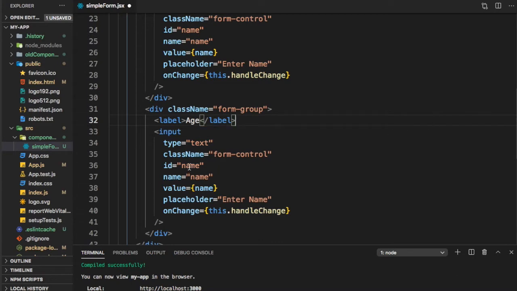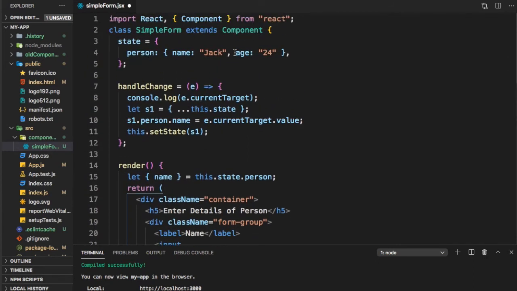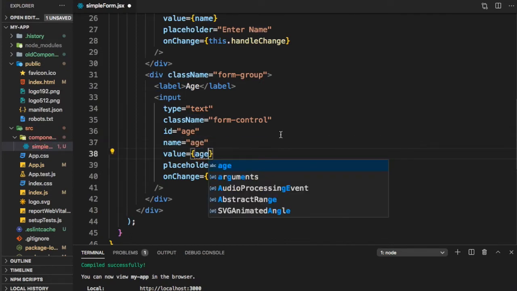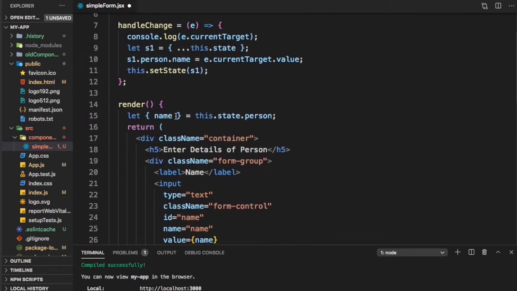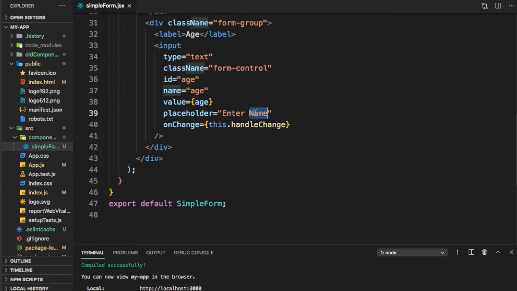Now the ID and name we should give are the same as the field we have given in the JSON here. So let's make it age. Now value will again be age, so in our destructuring, let's say name, age. Placeholder is enter age, and onChange is this.handleChange.